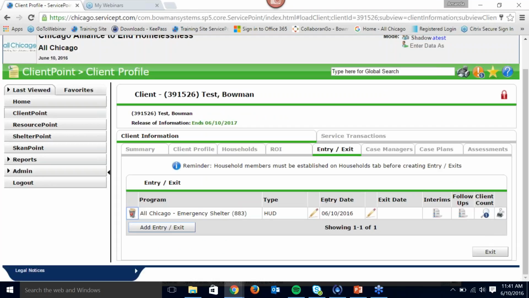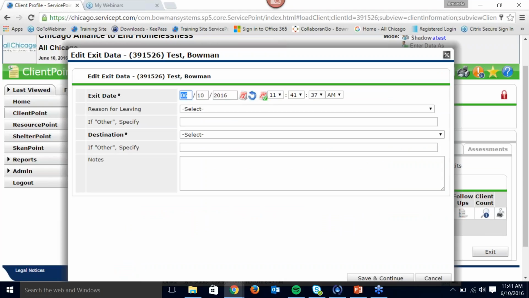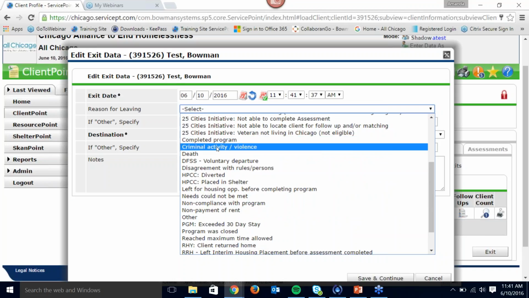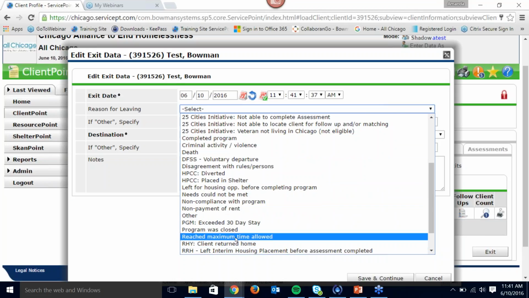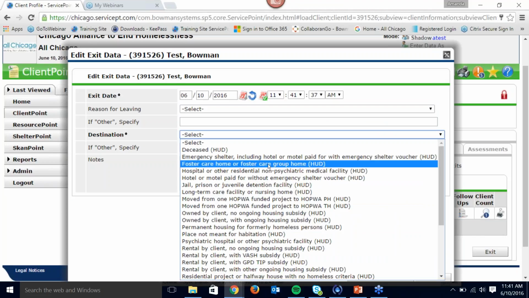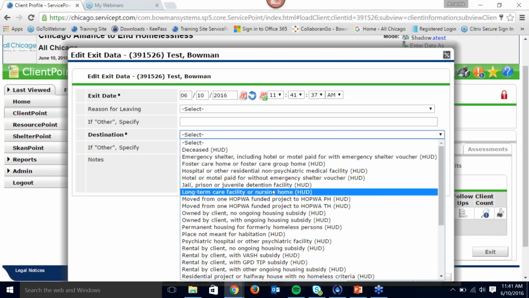And so now I see here that I have an entry date. In the future, when this client chooses to leave my program and stop staying at my shelter, I would click on this pencil to come to the exit screen. The exit here would be the date that they leave your program. The reason for leaving, you would focus on the options after 25 cities, all of these variety of possibilities. But I would have to make sure I answered the destination, and you would choose from one of the appropriate